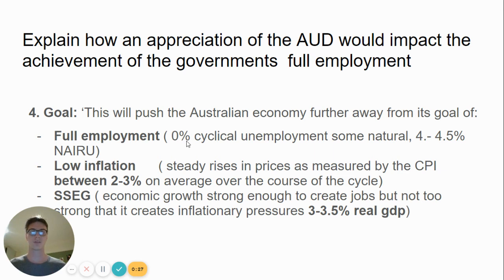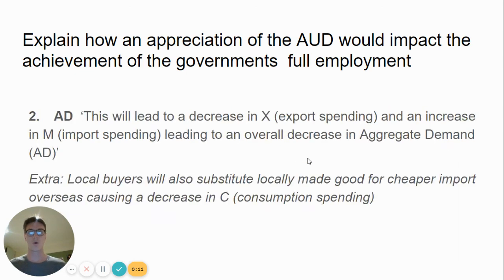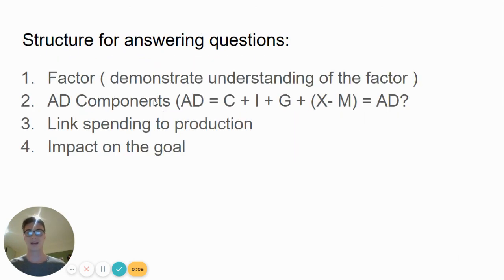And I want to see the definitions here as well, or a demonstration. So, 4 to 4.5% is our full employment target. Low inflation is 2 to 3% on average, and stronger sustainable growth is 3 to 3.5%. So bringing all that together, we've looked at our factor, our aggregate demand component, and we've linked to production and had a special link there depending on the goal back to the goal. Hope that